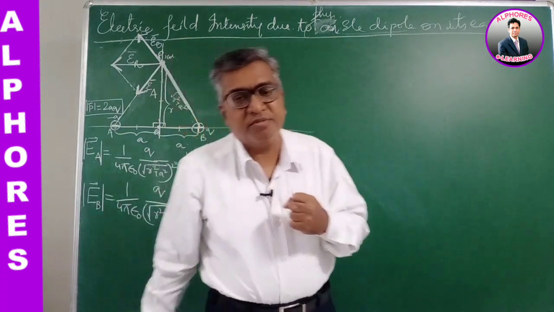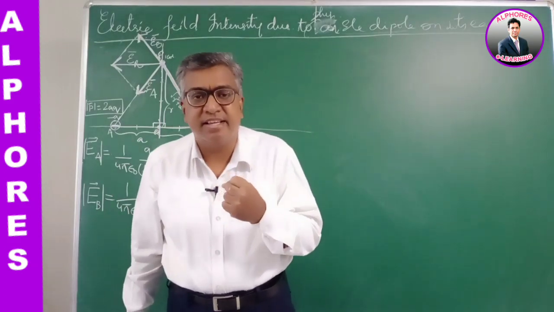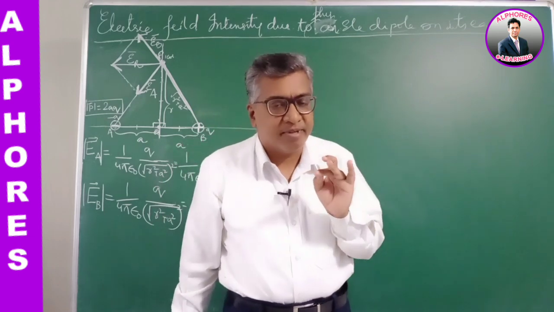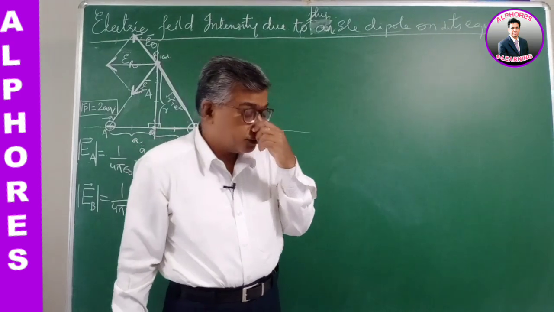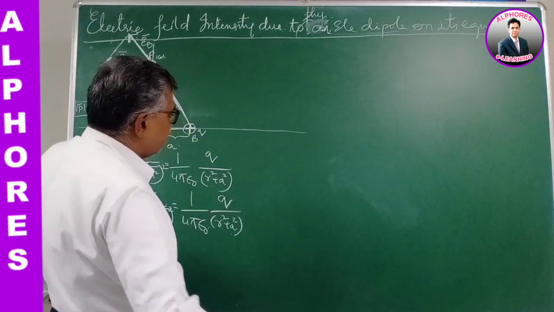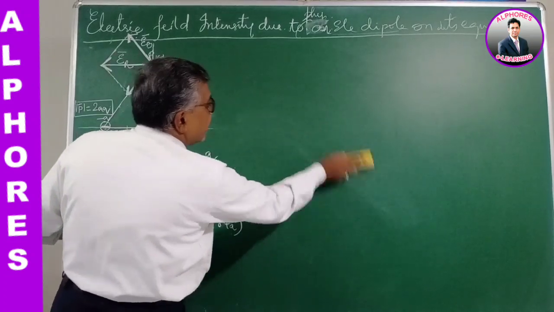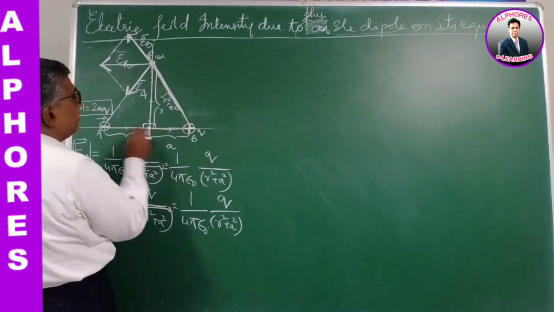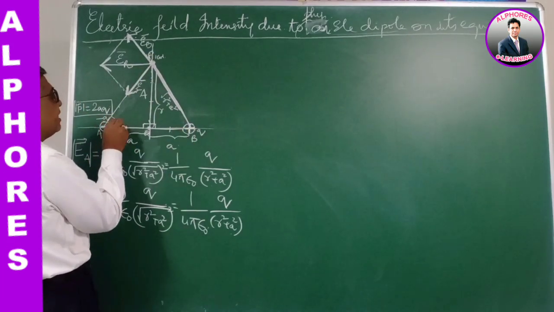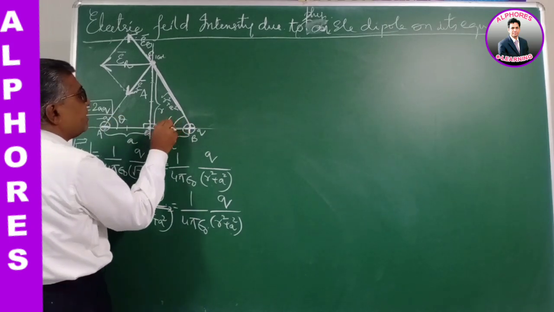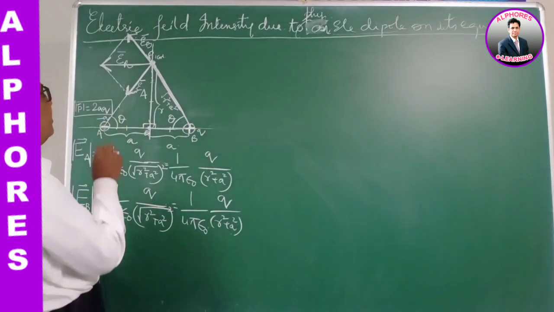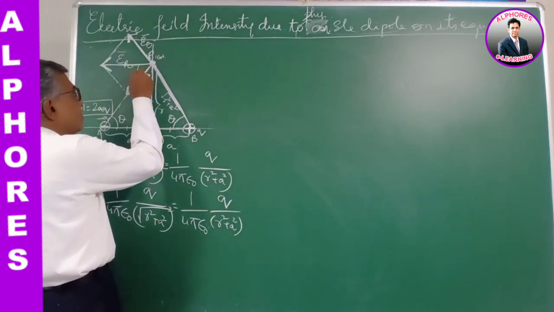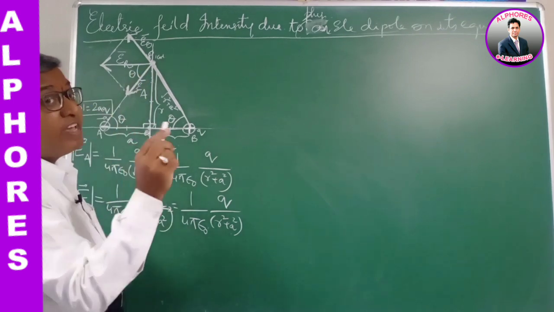To find the magnitude of the resultant electric field intensity, we can do it by two methods. One is the vector method, the components method, and the other one is the similar triangle method. So we will take up both the methods. First we shall find the electric field intensity by the vector method. Now in this triangle APB like this, let this angle be theta, even this angle be theta, right? Then if this is theta, then this angle is also theta. It is an alternate angle.